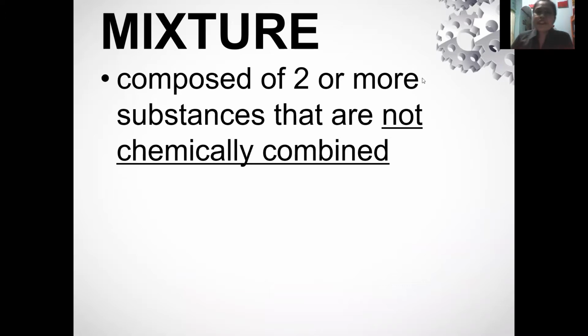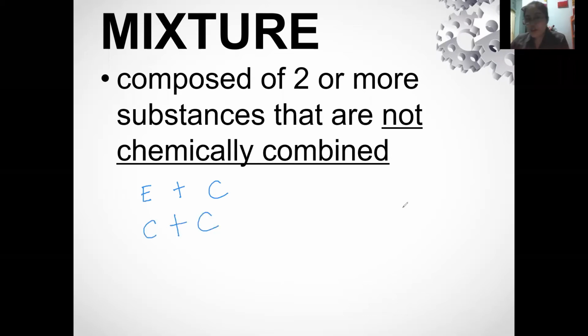So our mixtures, class, can be one element plus a compound, or compound plus compound, still a mixture, or many compounds, however many, as long as they are mixed together and there is no chemical reaction involved, then that is called a